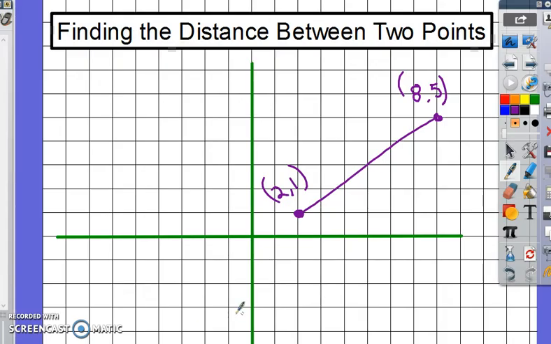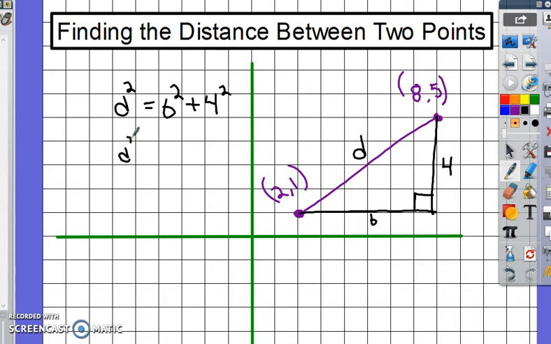Let me switch over to here. So I'm going to look at this and say, well, I can either count the number of squares here, or I can say, well, 8 minus 2 gets me a length of 6 here, and 5 minus 1 gets me a height of 4 there. Since this is a right triangle, I can say, well, look, I know that 6 squared plus 4 squared has to be this distance squared. Okay, so I'll just calculate these things. Distance squared is 36 plus 16. That's a distance squared of